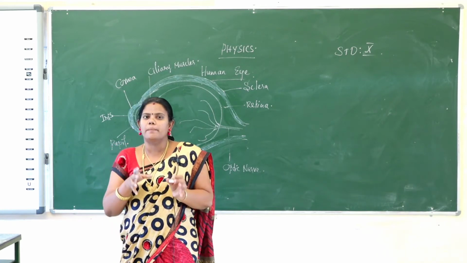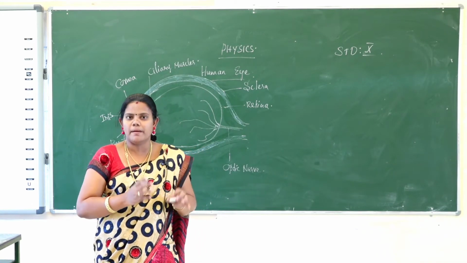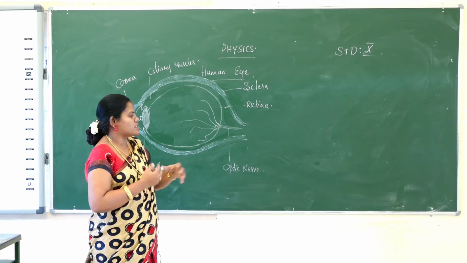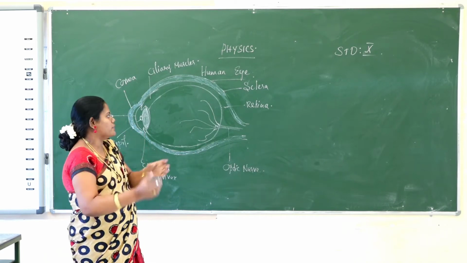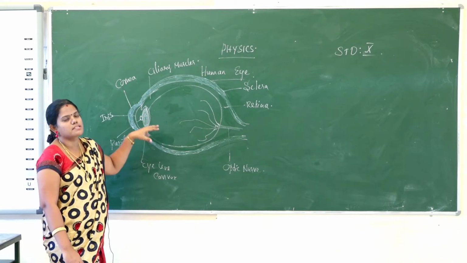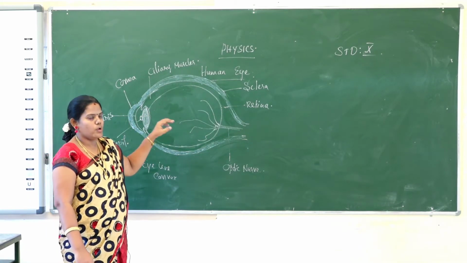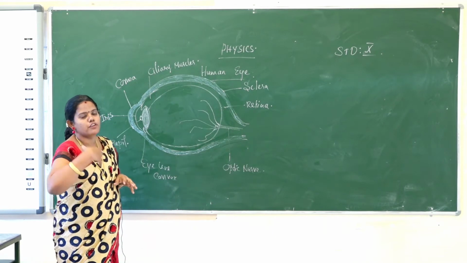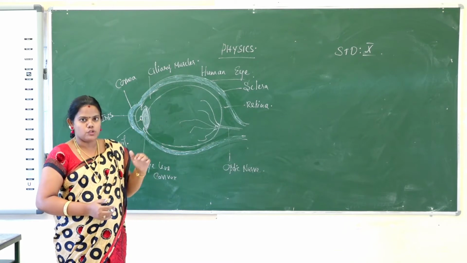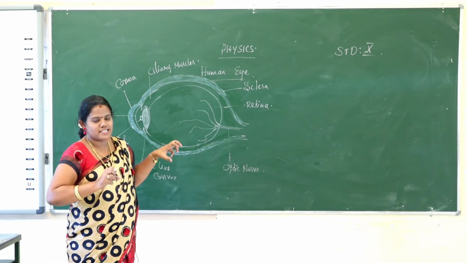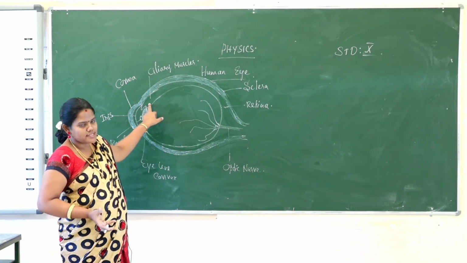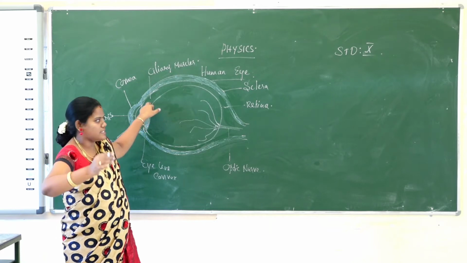How does the eye achieve the power of accommodation in a perfect manner to see objects clearly? The power of accommodation is done by using the ciliary muscles in the eye. What is the working of ciliary muscles? Ciliary muscles always alter the focal length of the eye lens. Suppose we see a far point object: the ciliary muscles will be relaxed, and the focal length of the eye lens will be increased.